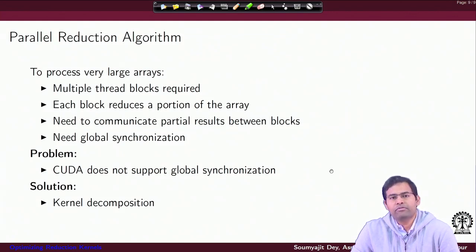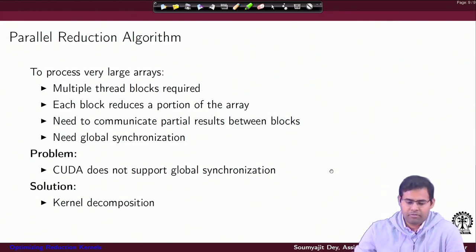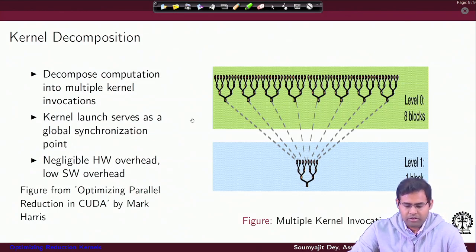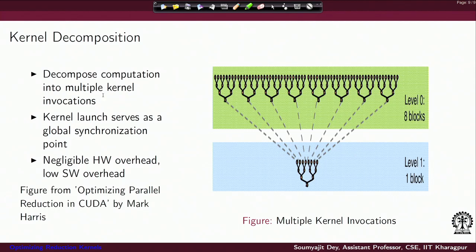Now we know that using a syncthreads kind of mechanism, we can only synchronize inside blocks, and CUDA doesn't support global synchronization. So essentially you have to design a reduction kernel for a block, and you have to call it multiple times and use the results of each block to do the computation over the results in a significant number of iterations. For our purpose here, we need to understand that this is just a small picture we are trying to show, that if you have very large data, it needs to be decomposed into subparts.